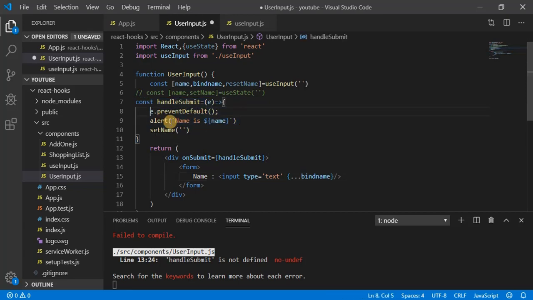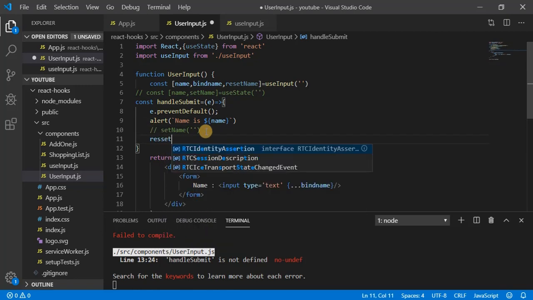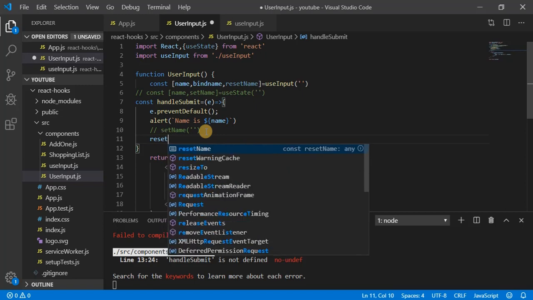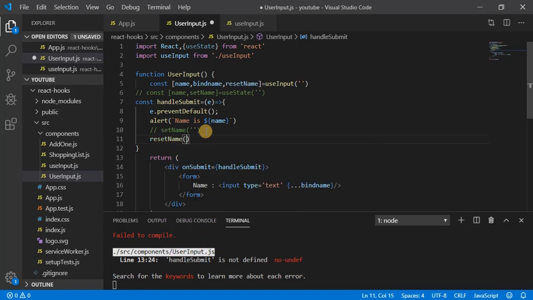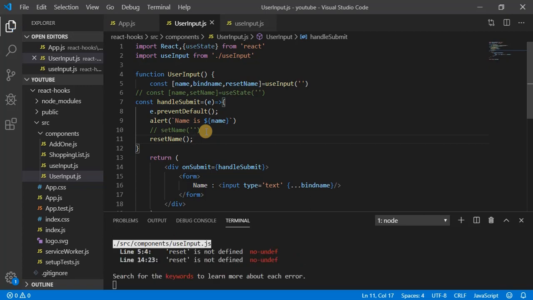And now, what I wanted to do next, instead of calling this one, I can now call the resetName function here, right? And let's check whether it is working or not. So it's saying resetName is not bind. Where is that? useInput.